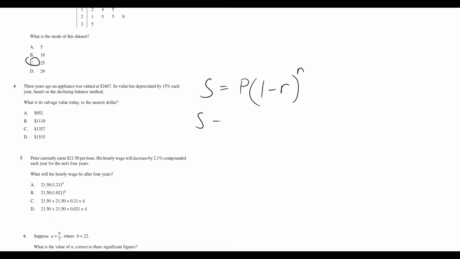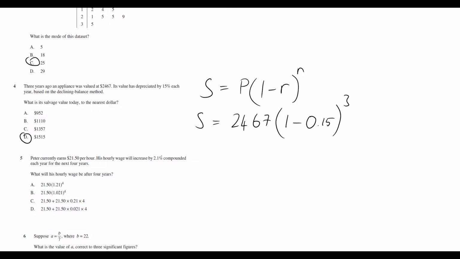So S is going to be equal to 2,467 times by 1 minus 15%. I'm going to write that as 0.15, and then that bracket is to the power of 3 for the 3 years. Okay, and when we put that all into our calculator, we find that this appliance is now going to be worth